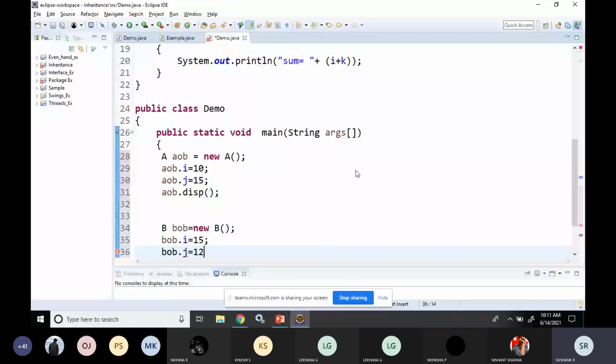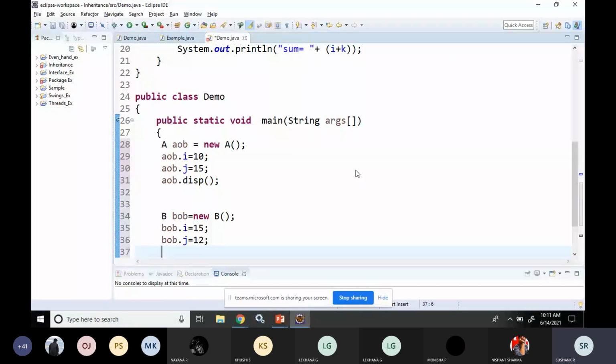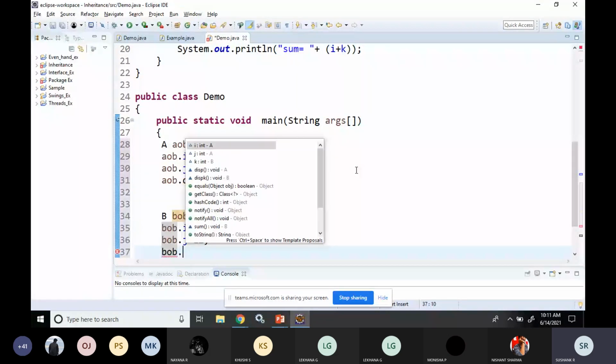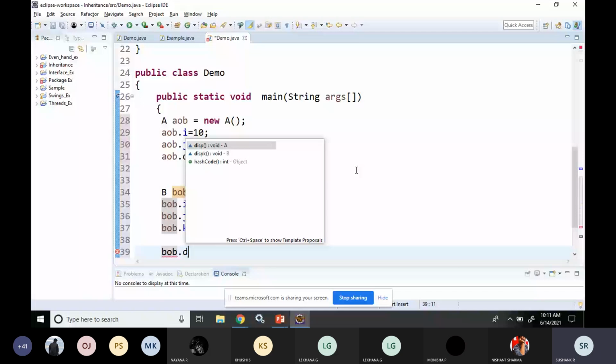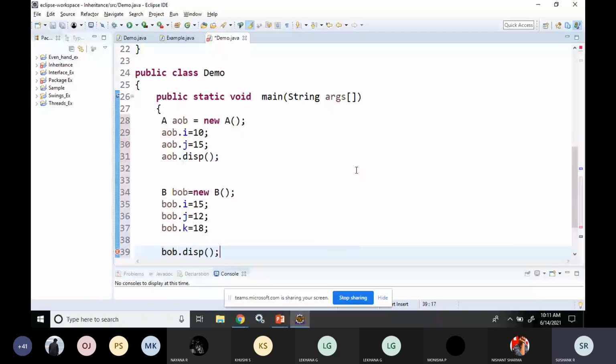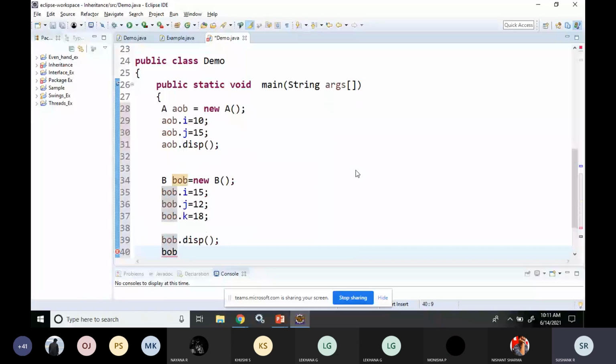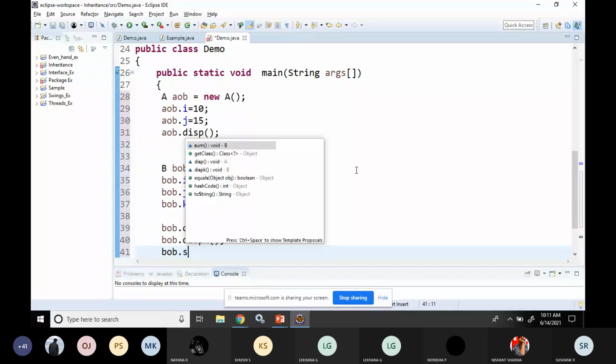These two variables belong to class A. Because of inheritance, it is able to access them, and also it can access its own class variable k. It can access the function of class A, display, the function of its own class, dispk, and the function called sum, which is there in class B. See, class B is able to access all the members of class A as well as its own members, but class A can access only its own members.